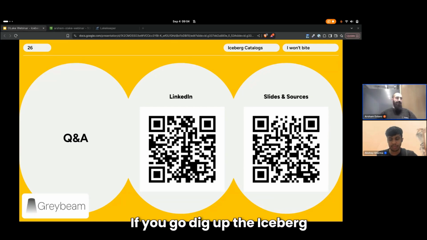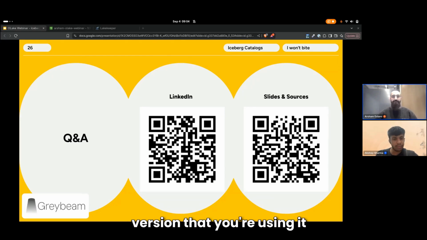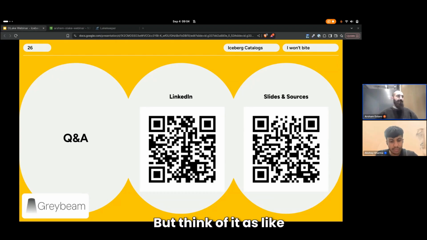If you dig up the Iceberg REST spec, depending on the version you're using, it will do things a little bit differently, especially when it comes to deletes and updates. But think of it as: it will only make the new snapshot available once the full commit is done. That's the high-level way to say it. But again, it really depends on what version of the Iceberg table you're using and what that REST spec is right now.